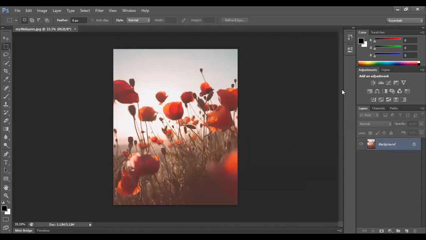This will help you get through the basics of the very first part of what you need to understand when you speak of image editing, which is something called layers. If you are not able to see the layers panel up here, I've changed my theme to gray so that it's easy for me to understand. You will find it here, and if you're not able to find it, press F7 to get the layers panel up.